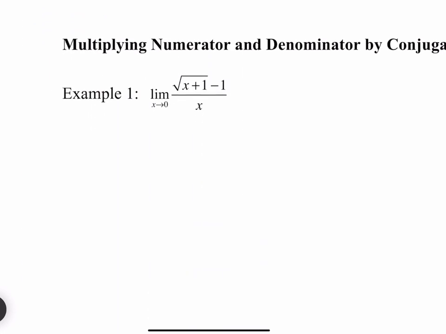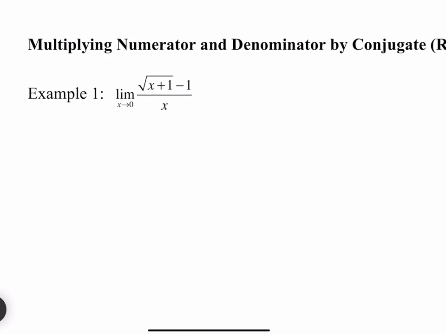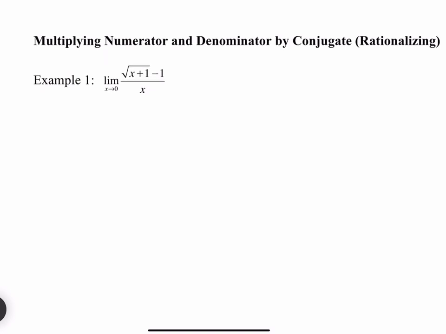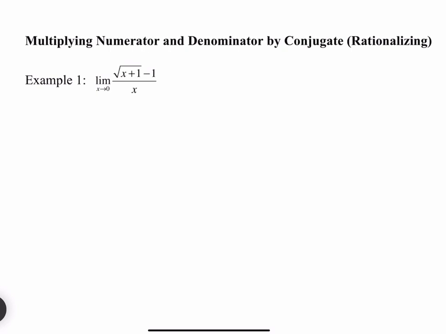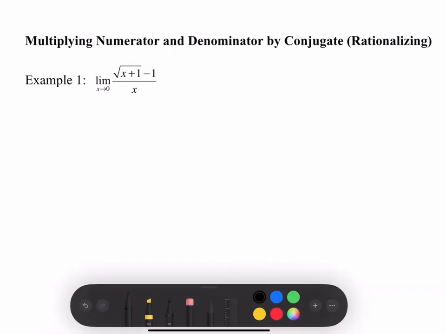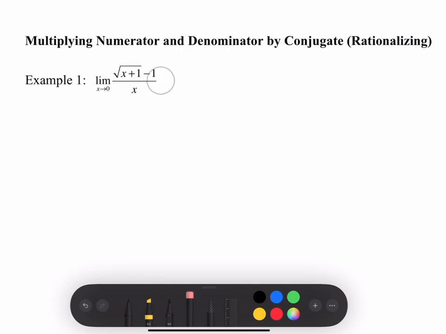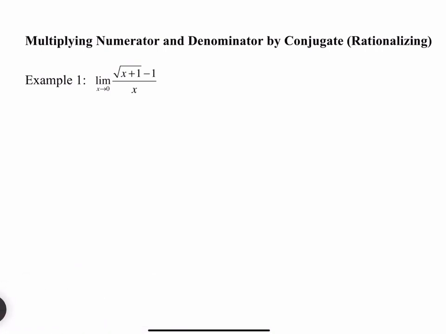And so again, on this theme of evaluating limits algebraically, sometimes factoring will work, sometimes complex fractions will work, other times you don't have a complex fraction and you can't factor. In this example, I have a fraction, but it's not a complex fraction. This is just a regular fraction, numerator and denominator. And so I'm given a couple hints here in the directions. It says multiplying numerator and denominator by the conjugate. So if you recall from Algebra 2, a conjugate